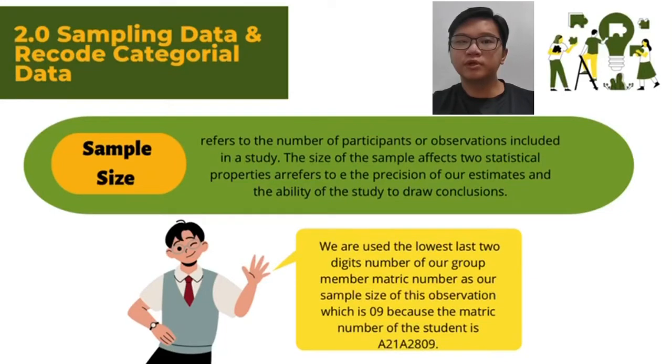Sample size refers to the number of participants or observations included in a study. The size of the sample affects two statistical properties: the precision of our estimate and the ability of the study to draw conclusions. We use the lowest last 2-digit number of our group members' matric numbers as our sample size for this observation, which is 9, because the matric number is